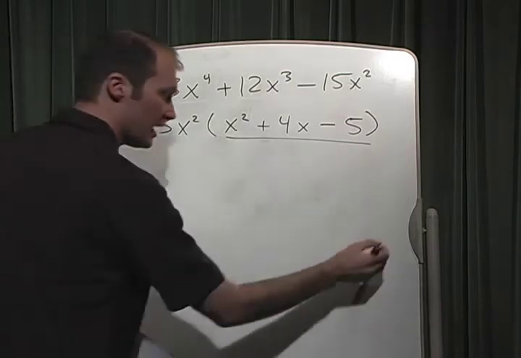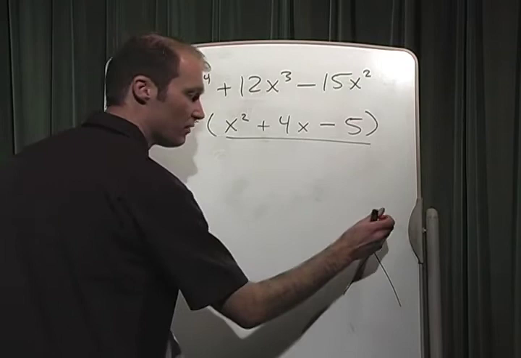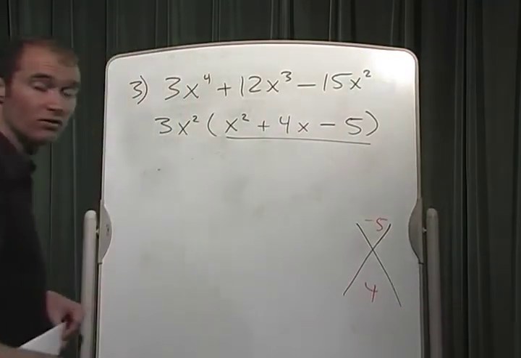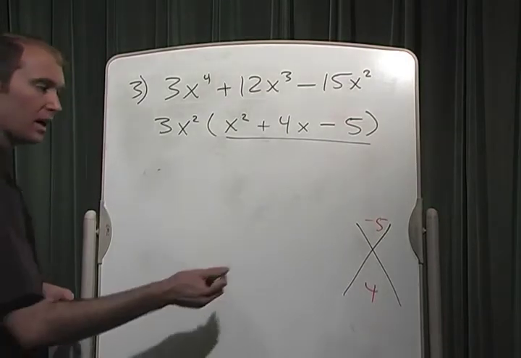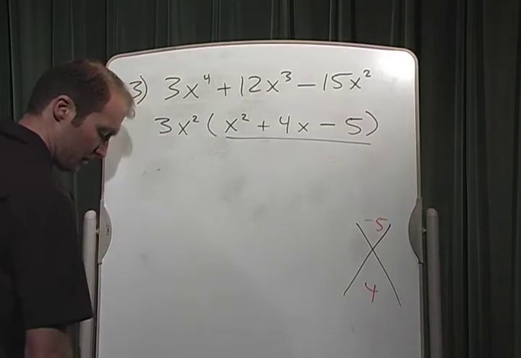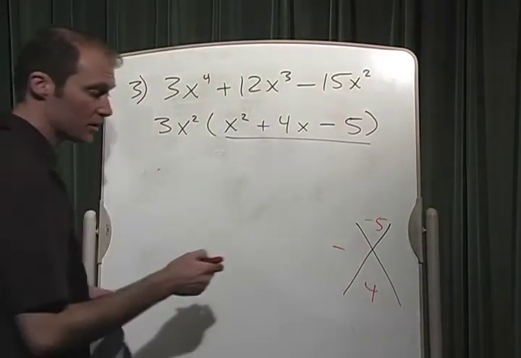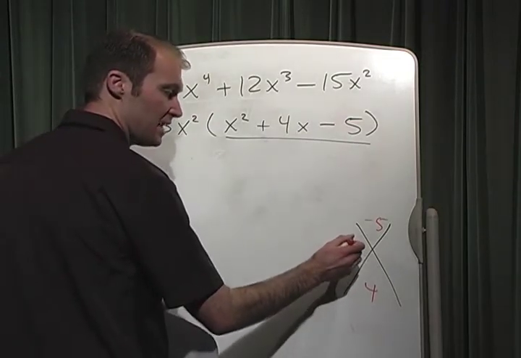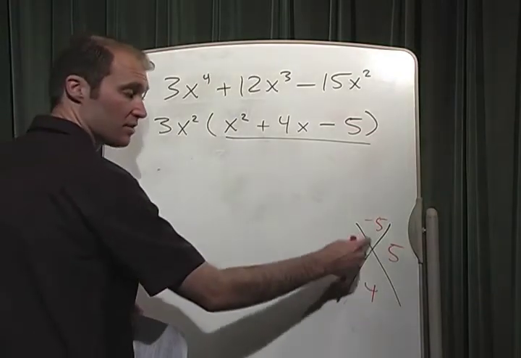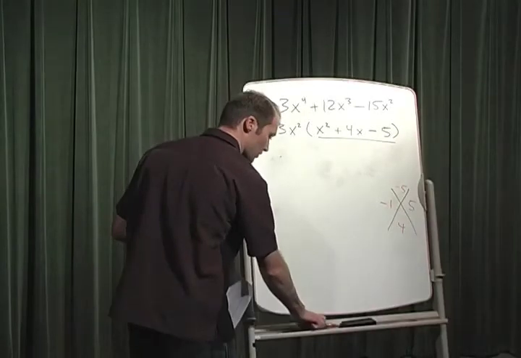I'm going to go ahead and look for two numbers that multiply to negative 5, using that negative 5 there, and then add to positive 4. Well, I know that those two numbers have to have opposite signs because they multiply to a negative number. It looks to me like negative 1 and positive 5 will do the trick. Negative 1 times 5 is negative 5. Negative 1 plus 5 is 4. So this is going to be